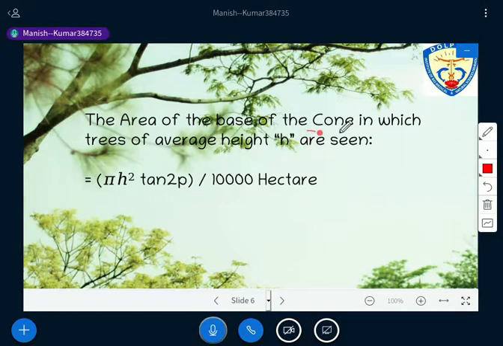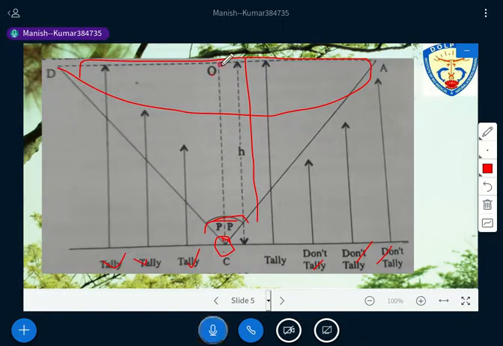I hope you have understood how the cone has been formed. So the area of that base will be, this is the formula that has been given here, right? This is the formula that one needs to understand here. Is it okay? And how the formula has been derived, let me explain these things also. Just look here, this angle. To calculate the area, the formula will be pi OA square. Is it okay? Pi OA square.